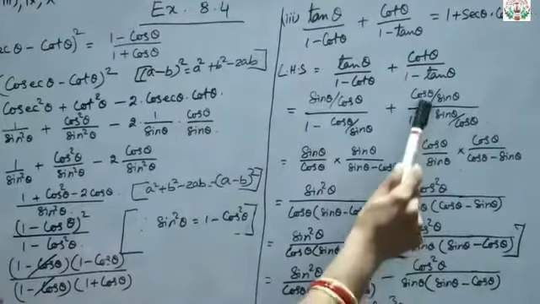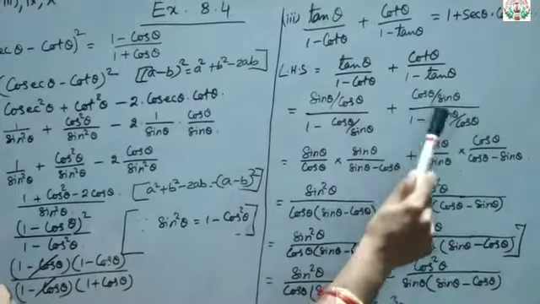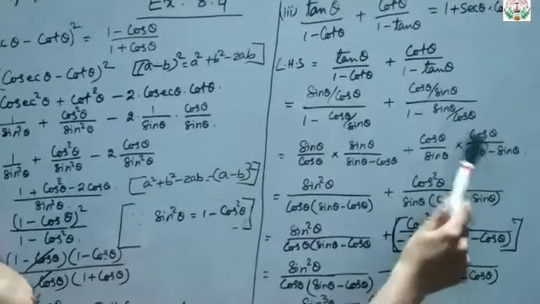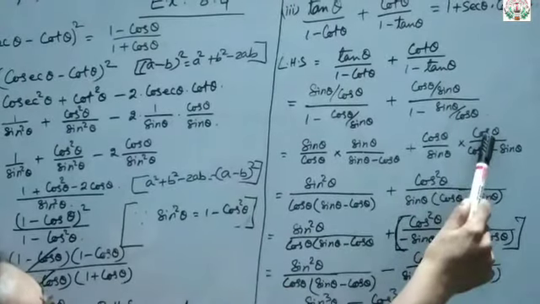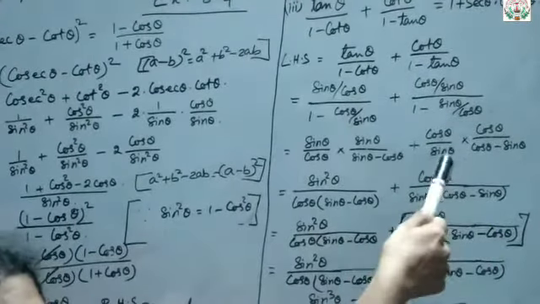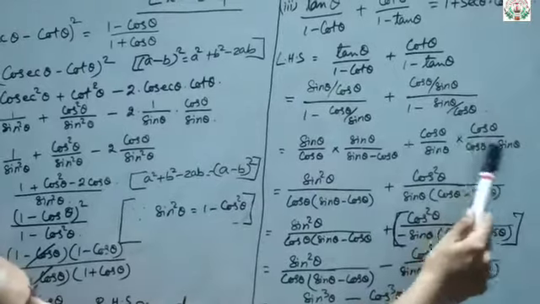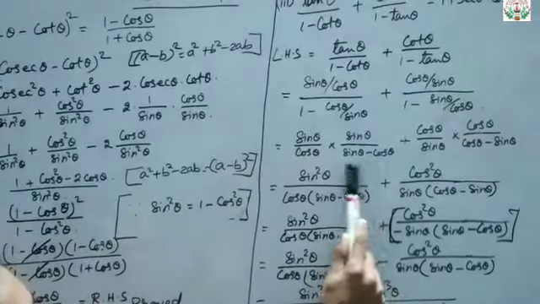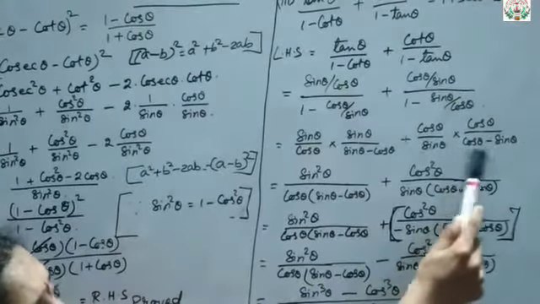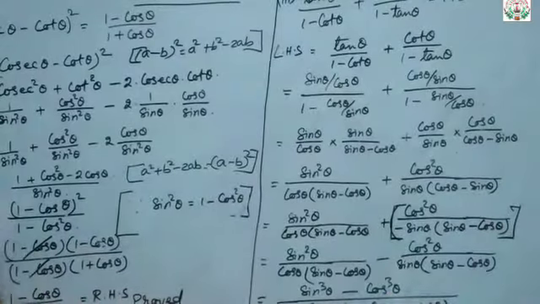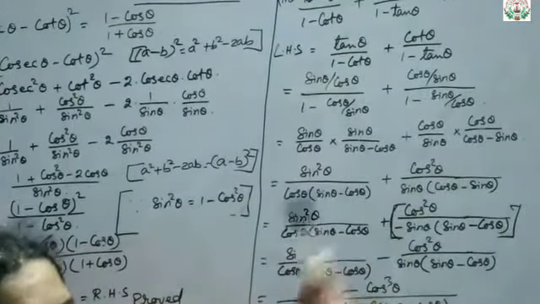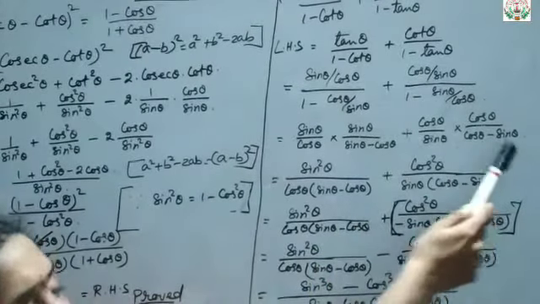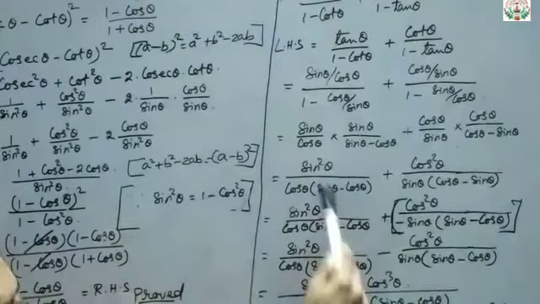Okay, plus again in the same way cos theta upon sin theta, the numerator is written like this, into this denominator, again take the LCM, that is cos theta will be the LCM. So cos theta will go up because you have to find the reciprocal of it. So cos theta will go up upon cos theta minus sin theta. So here you can see, child, sin theta minus cos theta is there, but here cos theta minus sin theta. So we have to take minus sin common here, so that both the terms will be the same. Here first sin theta is there, then cos theta. Here first cos theta, then sin theta. Remember? So next time we will do that.